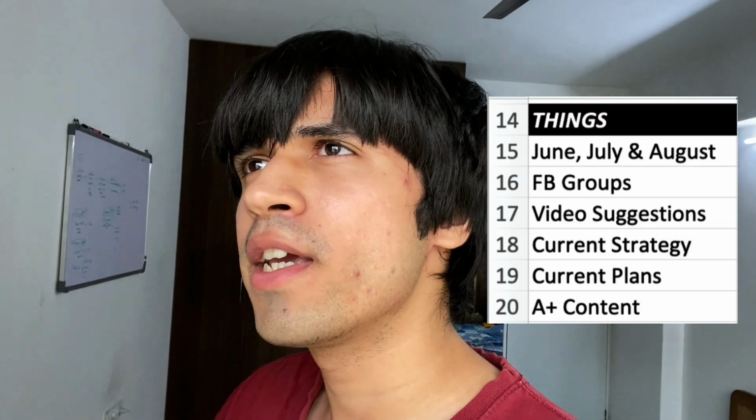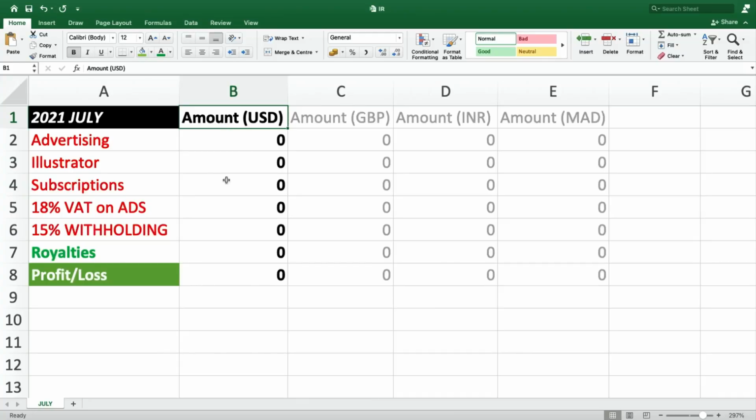So I stopped making income reports at the start of this year because I had done it every month last year and I really saw no point in continuing it. I wasn't sure what purpose it serves, it seemed very flashy, but I asked you guys in the previous video if I should start making them again, and like 90% of you guys wanted me to do that. So here's the video.